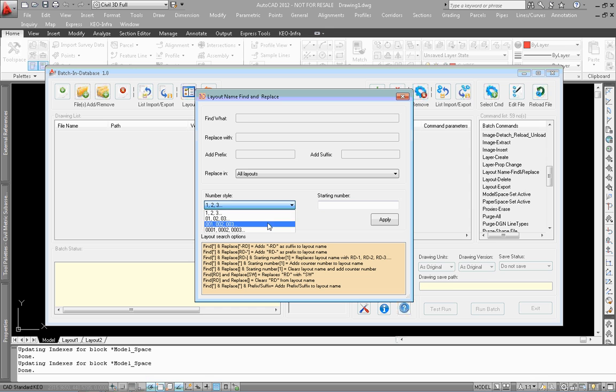You can choose the format. If one drawing contains a single layout, whatever the drawing name is will be applied as the layout name, plus the counter will be added, 001. That way you will not have a duplicate name. Even if you have a single layout, you need to add the counter number, just in case there are two, so it's not going to give an error. Okay,